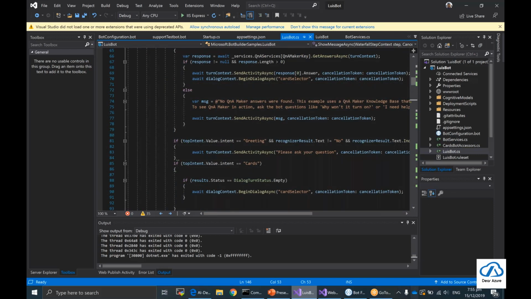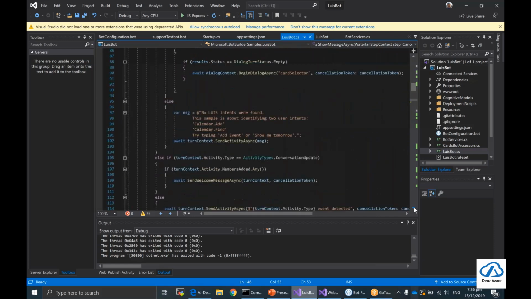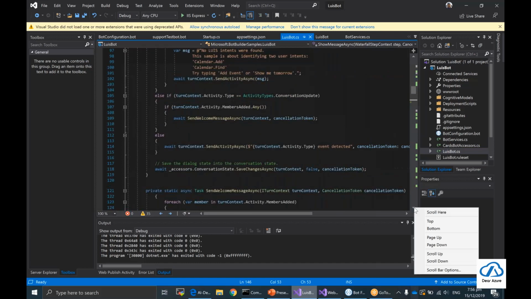The activity contains various information about the user, about the channel from where they're sending the message, about the IDs, and so on and so forth, right? So it's basically in a JSON file. It comes in, and once it hits the endpoint, right? Based on the code that you have written, it's going to initiate